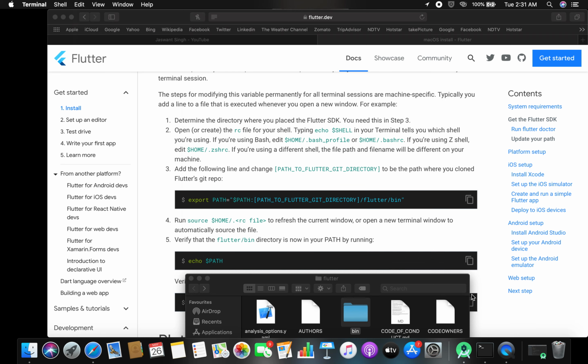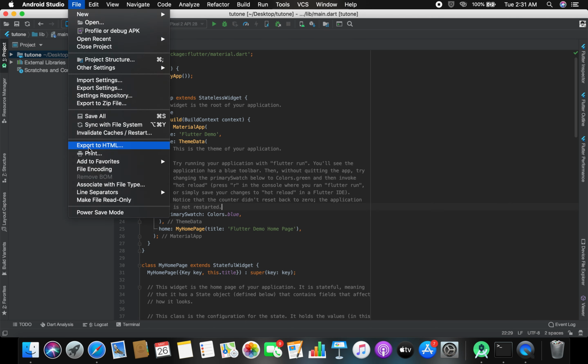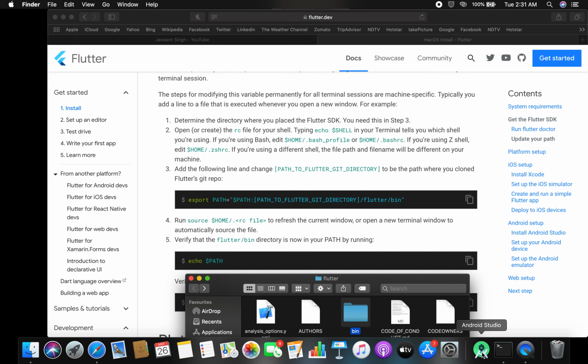Close your terminal. Let's build a new application. Now you can see the start a new Flutter project option here. If not, then just close your Android Studio and reopen it.